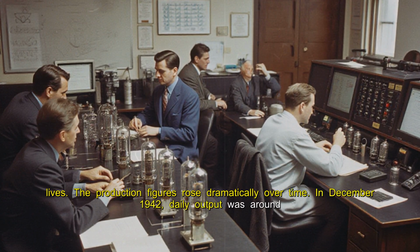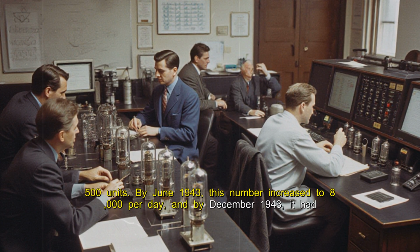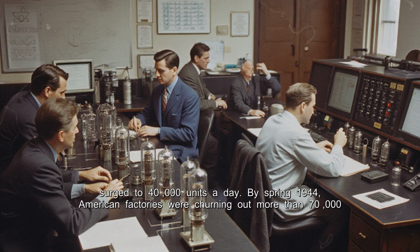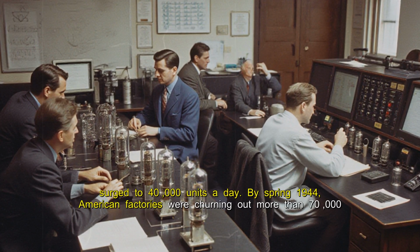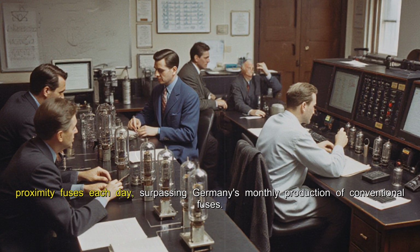The production figures rose dramatically over time. In December 1942, daily output was around 500 units. By June 1943, this number increased to 8,000 per day, and by December 1943, it had surged to 40,000 units a day. By spring 1944, American factories were churning out more than 70,000 proximity fuses each day, surpassing Germany's monthly